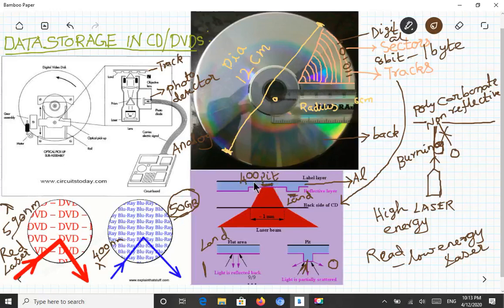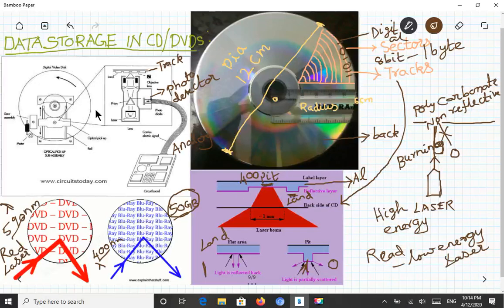So 400 means you have extra space for storing the data. So in this way DVD and Blu-ray differ in the amount of data stored. So that's why we are able to save a large amount of data in a Blu-ray and a smaller amount of data in a DVD. So this is the basic difference due to the usage of wavelength. So usage of red to blue. So nowadays we are having a blue color laser.